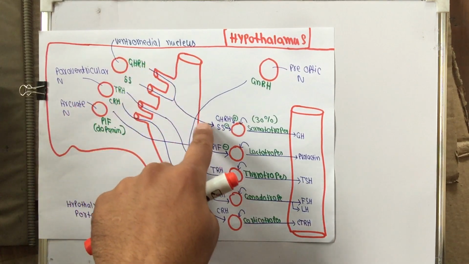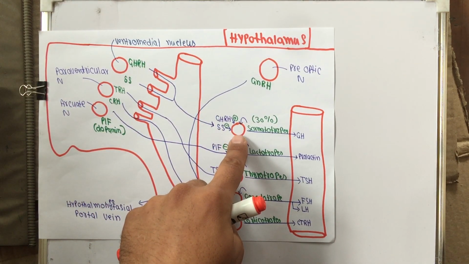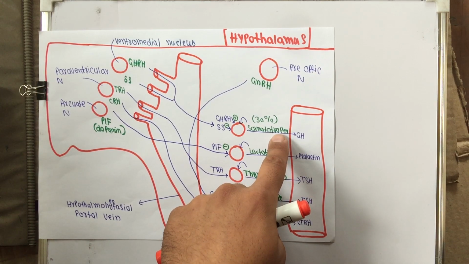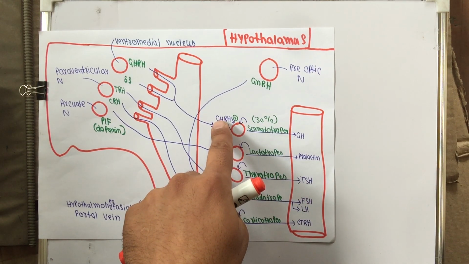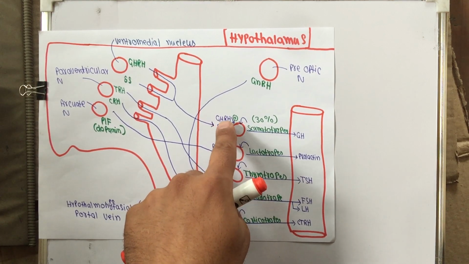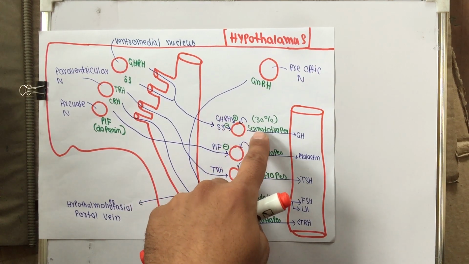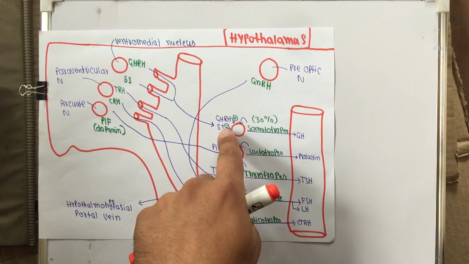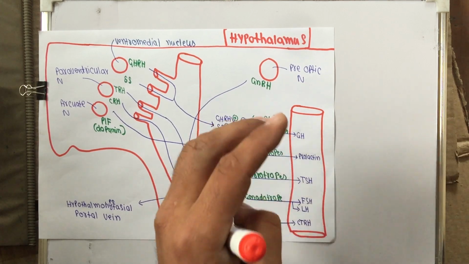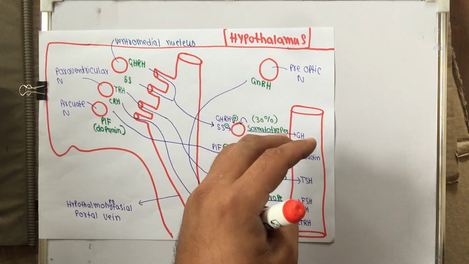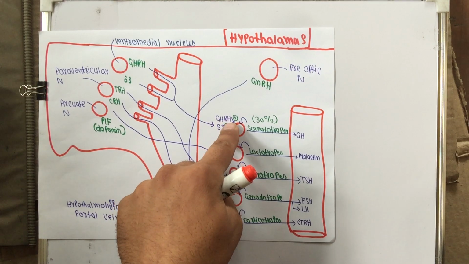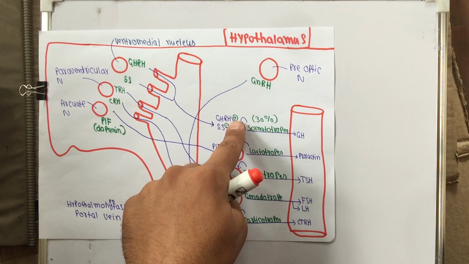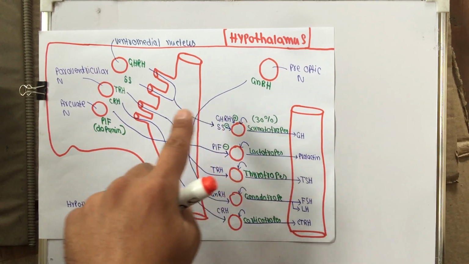These two factors go to the anterior pituitary and act upon a type of cell called somatotrophs. Growth hormone releasing hormone, or growth hormone releasing factor, stimulates somatotrophs and causes the release of growth hormone. But somatostatin inhibits these cells and inhibits the release of growth hormone. So, growth hormone releasing hormone and somatostatin act in opposite direction. Okay. Now,